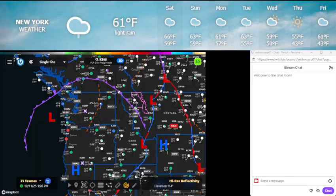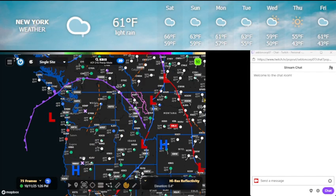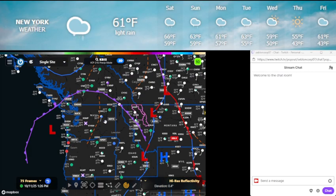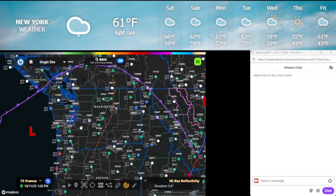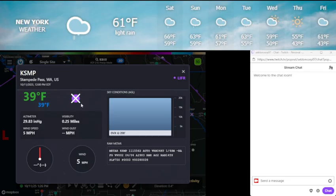Going up to the Pacific Northwest, plenty of cloud coverage throughout. Temperatures throughout Oregon are in the 40s and 50s. Washington State, same story, but at 39. But this one here, this one that says X,